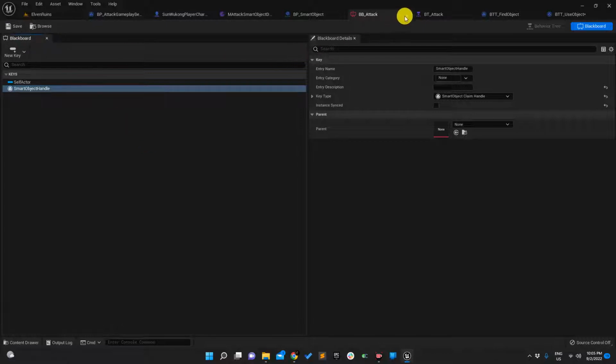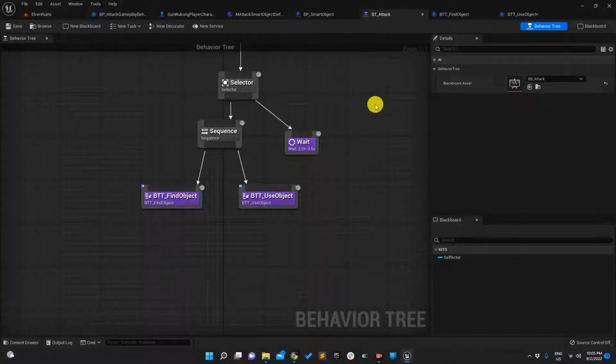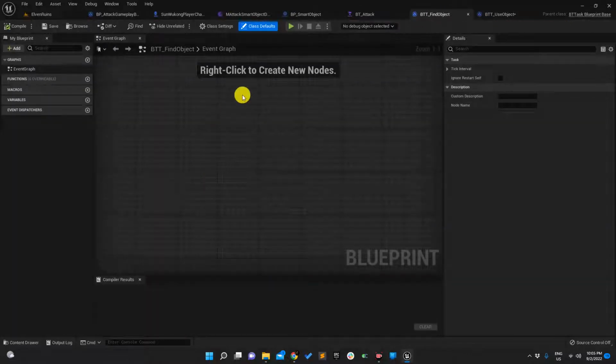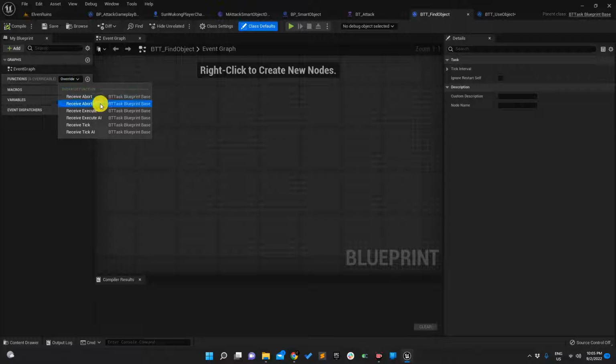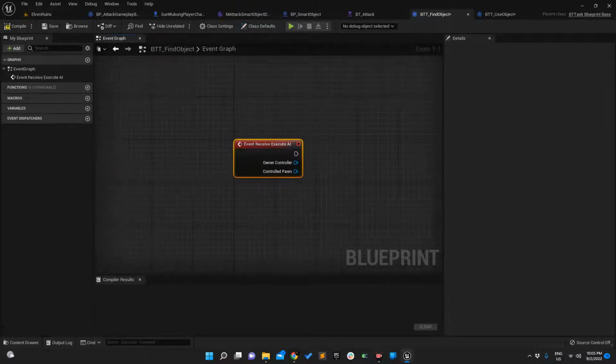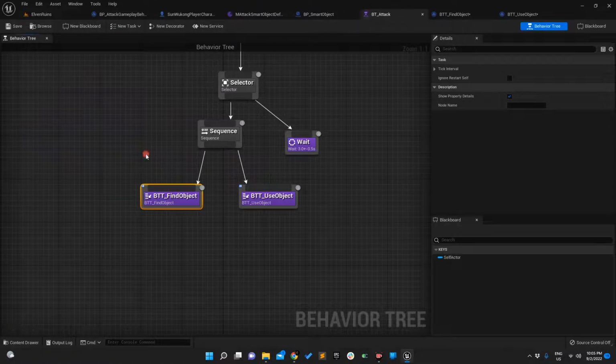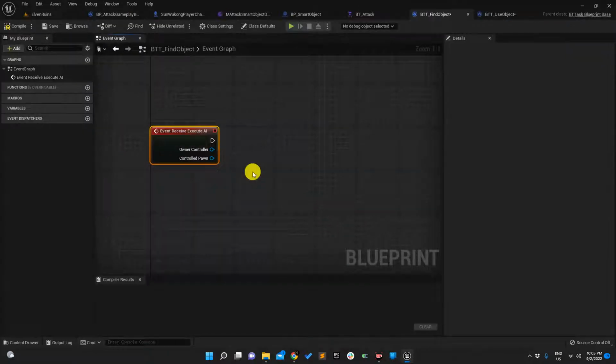Press yes. These two are the only things which we need. Okay, let's go to the task: override a function. So we have to override a function, receive execute AI. As soon as the AI receives the command from this node,